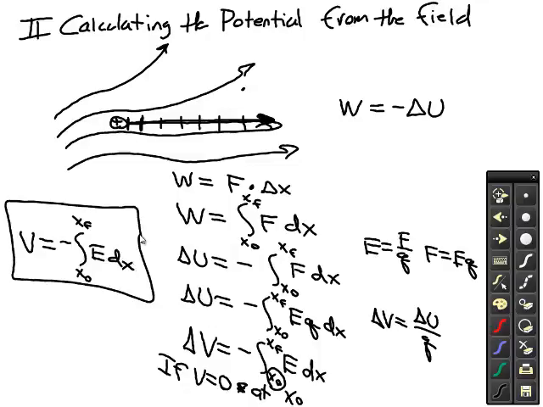Okay. You just change it to 0 for x naught. But where would we have to be in order for the potential to be 0? Infinity. So, if, for example,